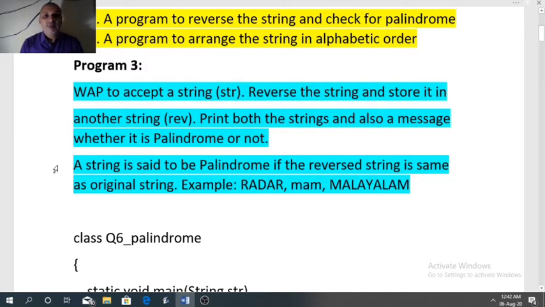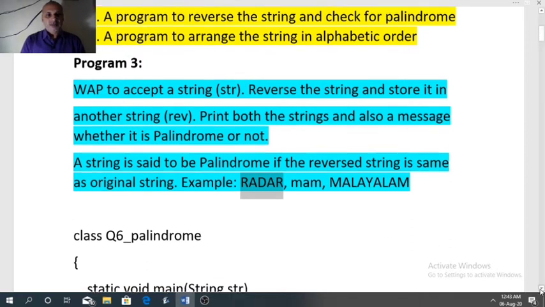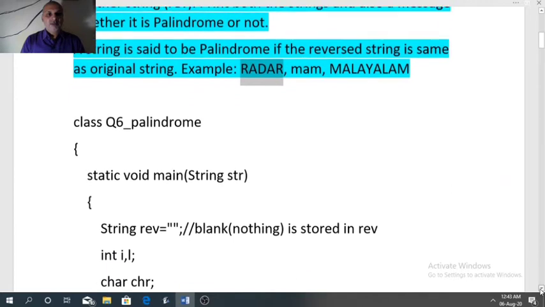A string is said to be palindrome if the reversed string is the same as the original string. Example, radar. Radar, when you read left to right or right to left, in both the cases we will get the same word, radar. Ma'am, Malayalam, dad, all these words are palindrome words. So program,